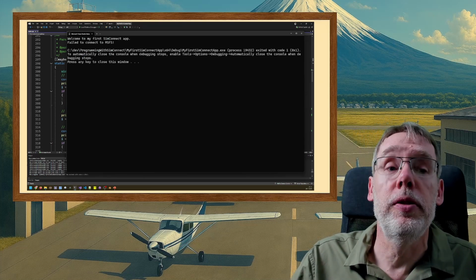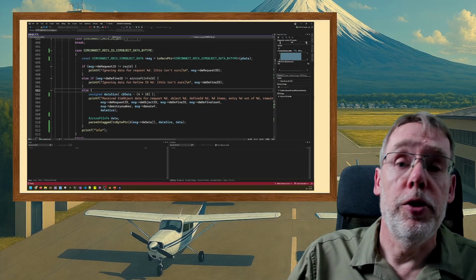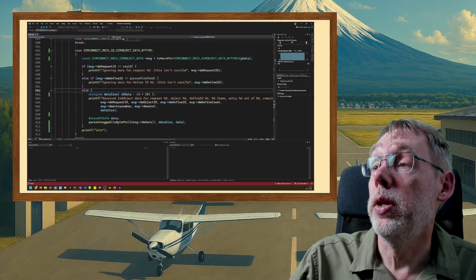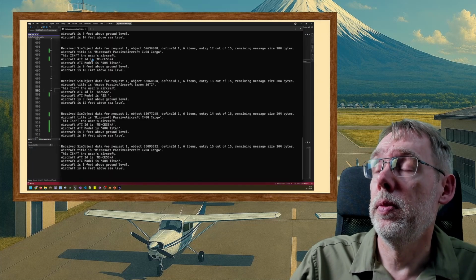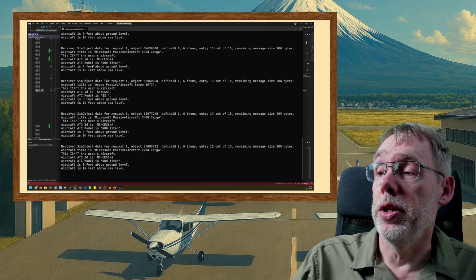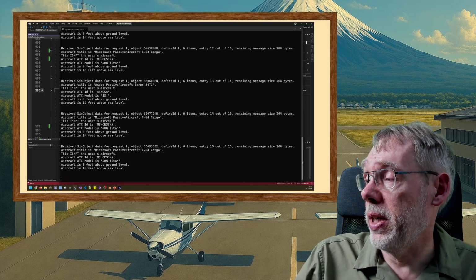So now we can run the program, but of course, at this moment, the simulator is not running yet. So let me start the simulator and then we'll run it. Okay, the simulator is now running. So let's start our program. Restart it, and you see we received data. I can scroll back up,